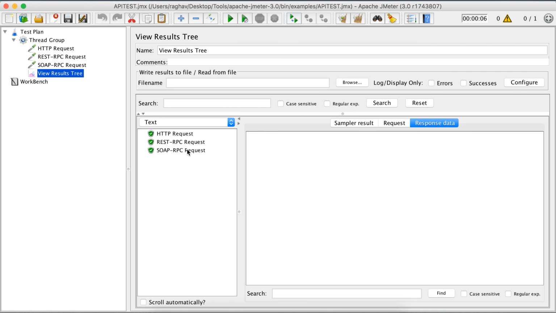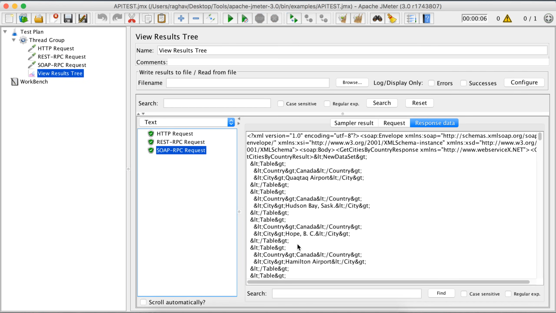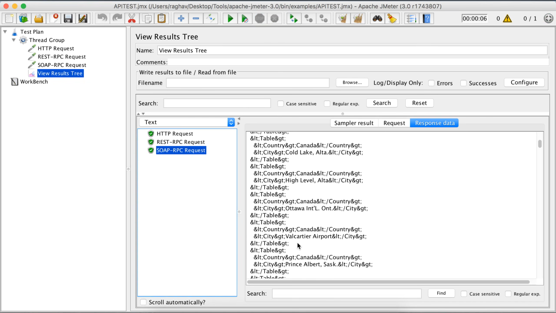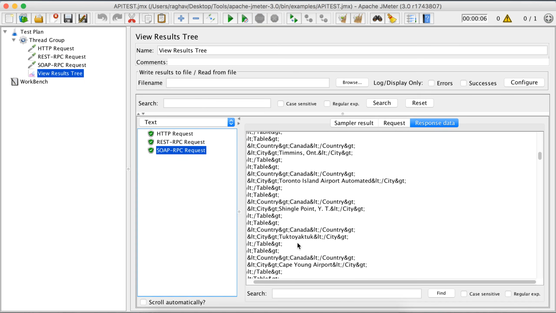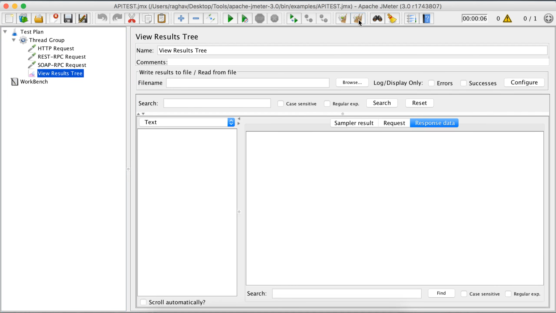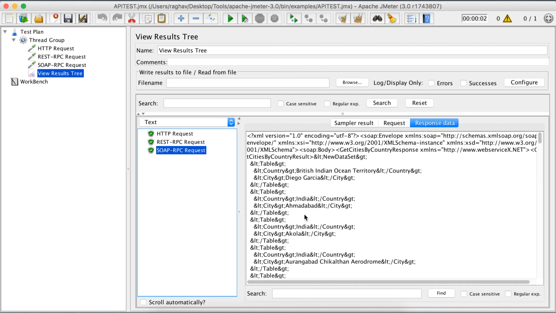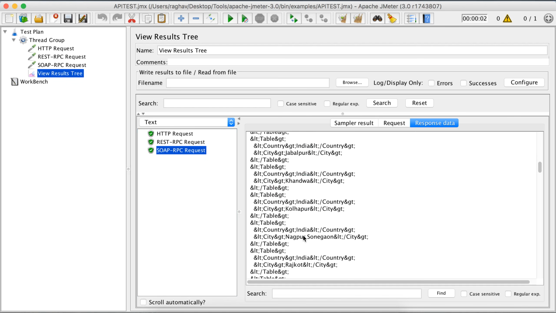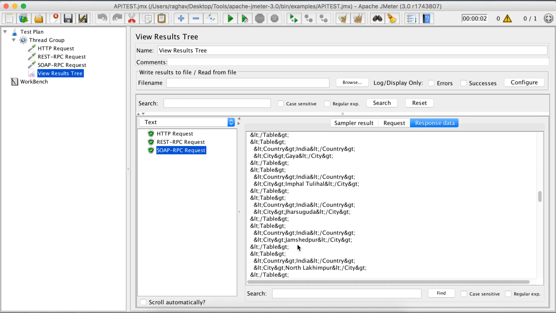So the SOAP request is taking some time, the REST is very fast, and again I have got all the cities of Canada here. Okay, let me test with India. I will clear the results and run this again. Now I have got all the cities of India.